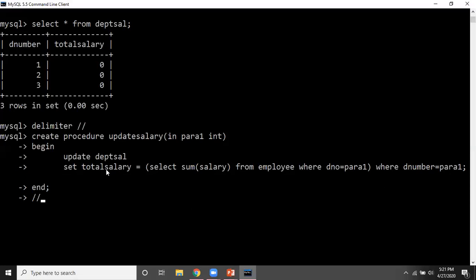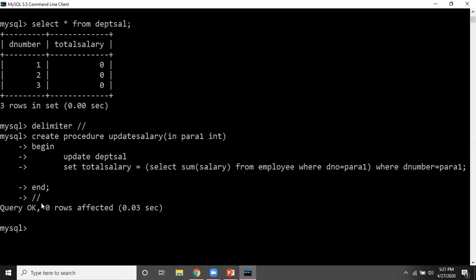So here the total salary column of department salary will get updated on the basis of this particular parameter value which is coming as an input when we call the procedure. And at last we are terminating the definition of this procedure by putting the delimiter. So as soon as I do this, my procedure will be created.